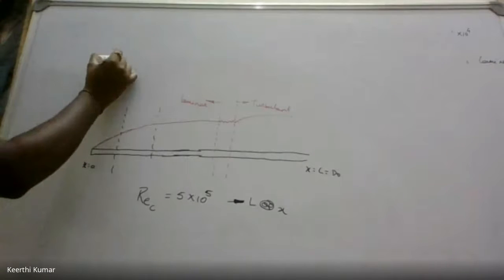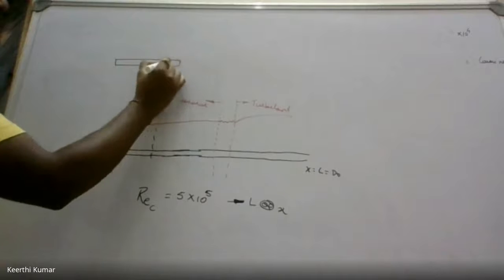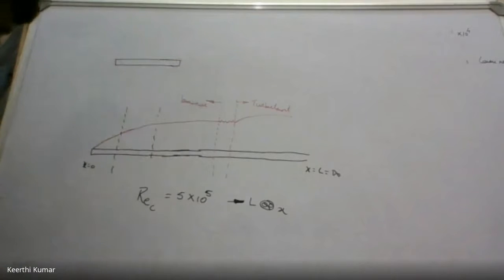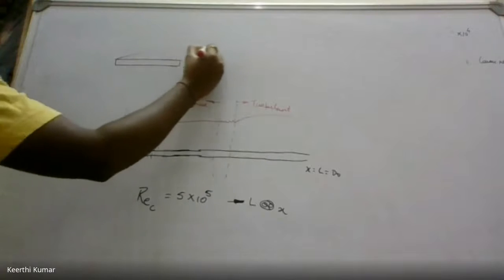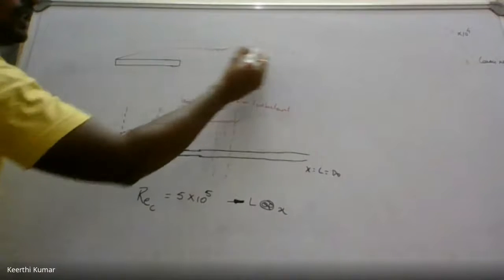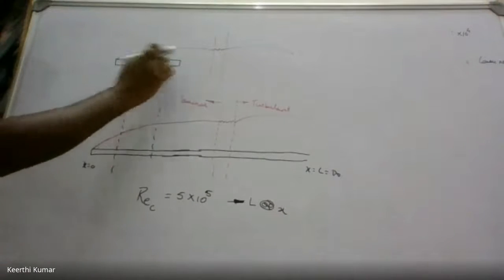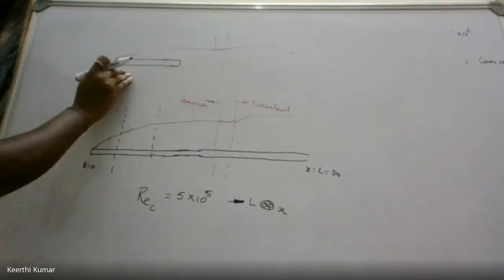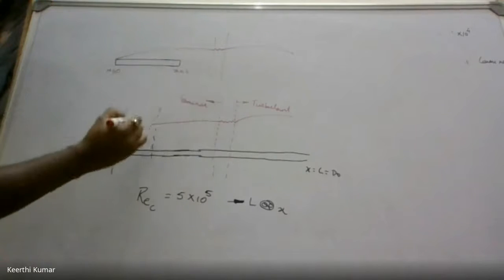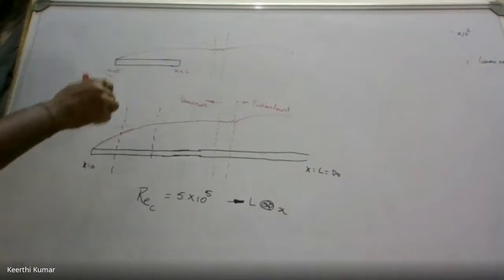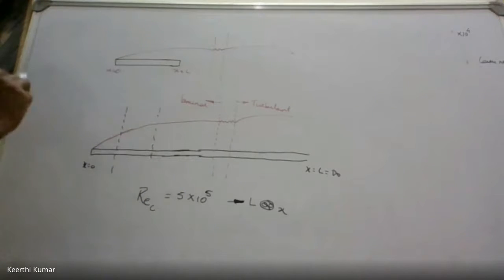There are some problems where the plates are very small in length. Say, for example, if the plate is very small in length, and I check the boundary layer, how will it come? The boundary layer here together will be laminar. Here it will convert into transition. That means the plate length itself is well below the laminar limit. So even if X is equal to 0 and X is equal to L, I will get the Reynolds number below 5 into 10 to the power of 5 only, so the flow will be laminar.